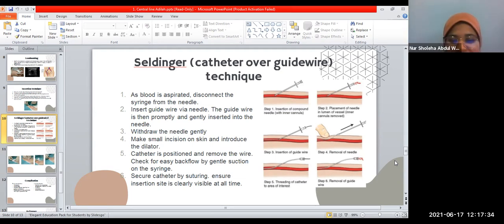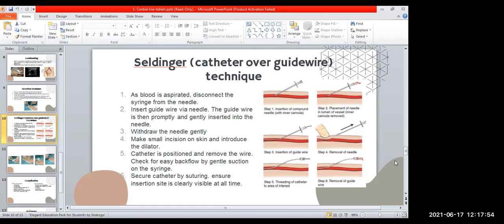Seldinger technique is a technique whereby the catheter goes over the guide wire, whereby we insert the guide wire first, and then we make an incision, then we introduce the dilator, then we insert the catheter over the guide wire, then we remove the guide wire. Yeah, this is a very important one